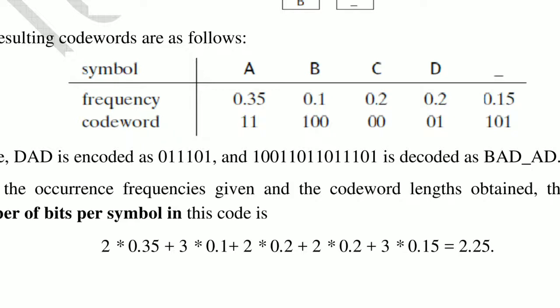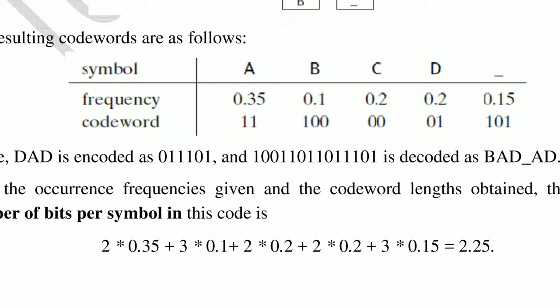No. Take 1, 1. Now add one more bit to it. Do you have any code word with 1, 1 as a prefix code? No. Add one more bit to it. 1, 1, 0 is this bit. Do you have any character with this 1 1? Yes, it is A. So 1 1 is A.